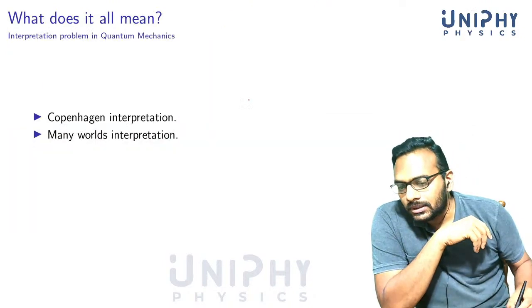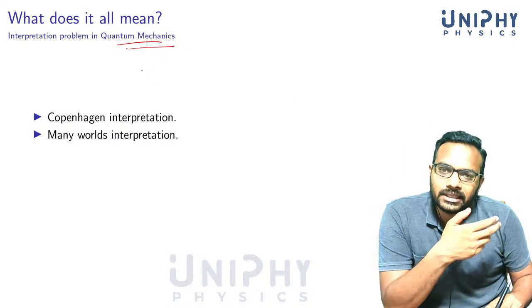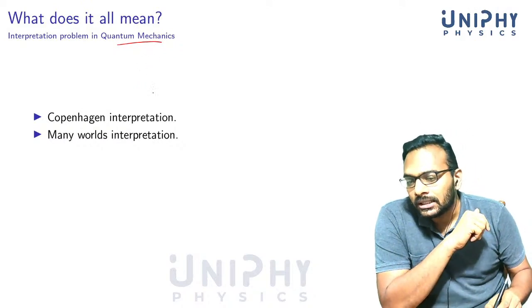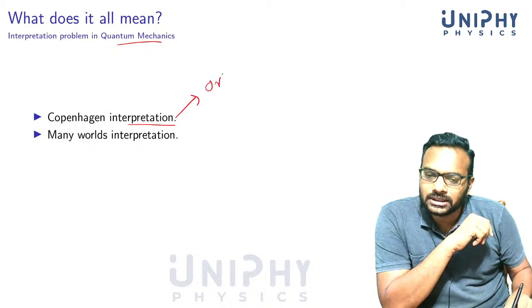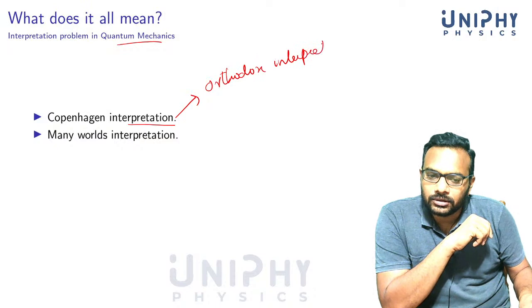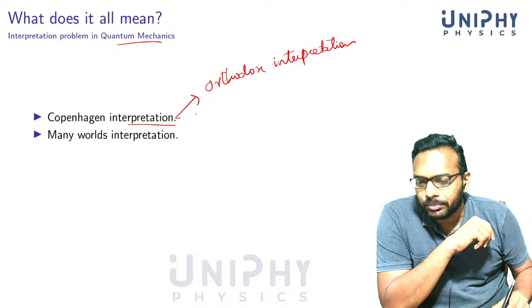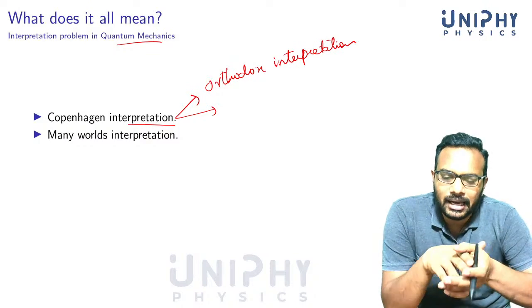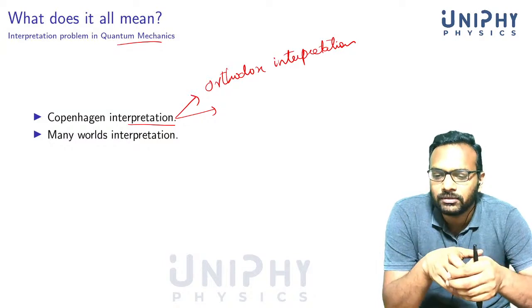There are many interpretations of what the mathematics of quantum mechanics means. We all know that the mathematics works, but there are different interpretations as to what it actually means about an electron. There is one called the Copenhagen interpretation, the orthodox interpretation. This was put together by people like Bohr, Heisenberg and Max Born. They got together and decided this is the solution to the problem, because they thought it unproductive to think about these questions.